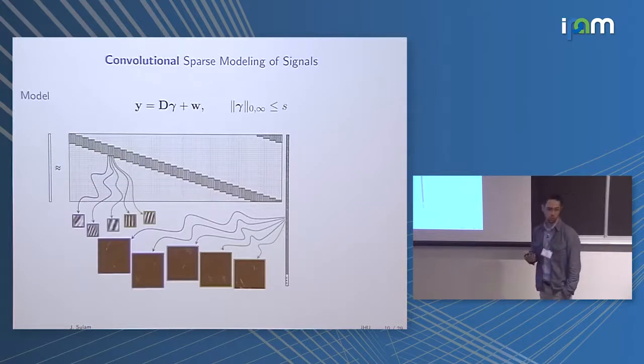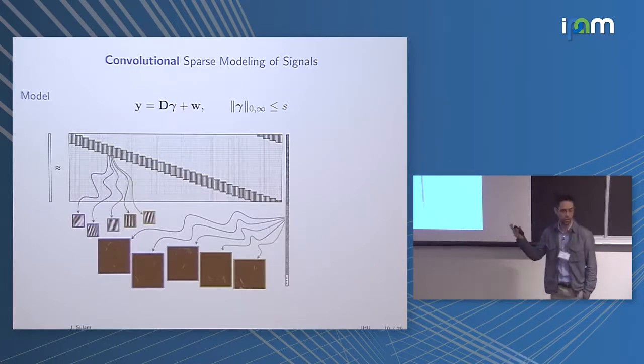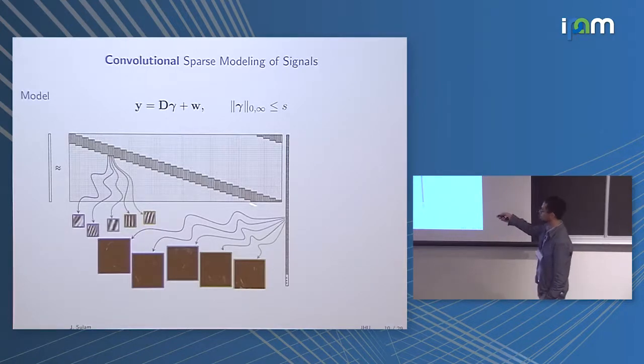So what happens in the convolutional setting? Well, in convolutional sparse modeling, it's a sparse model just like we saw before, with the difference that now the dimensions are huge. So we are not modeling little patches, but rather complete images. And the dictionary is not just an unrestricted redundant matrix, but rather is restricted to being a set of convolutional filters. So basically, each column has a low-dimensional local filter at every single position, and then the representations are given by the coefficients multiplying these convolutional filters.